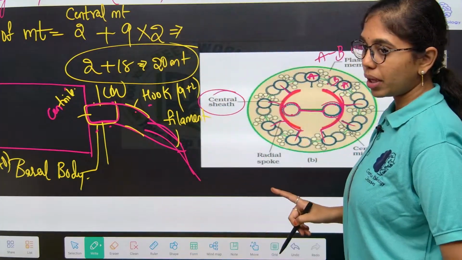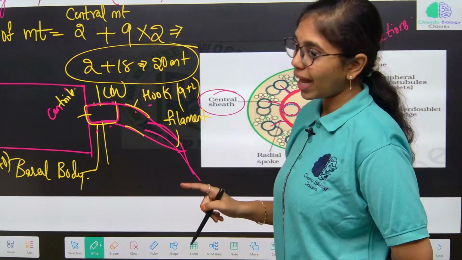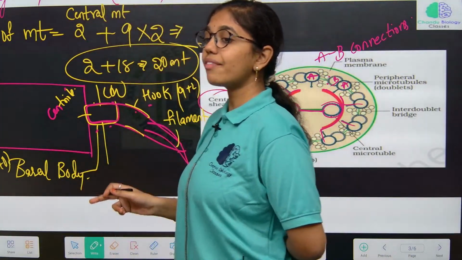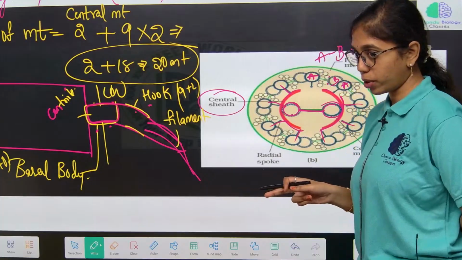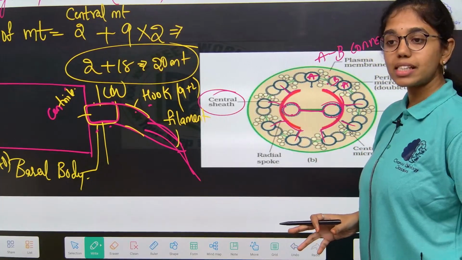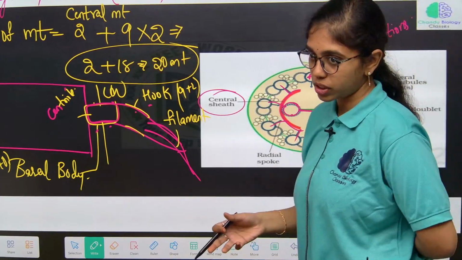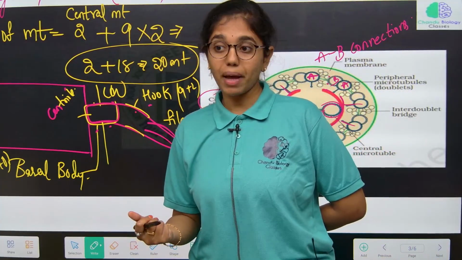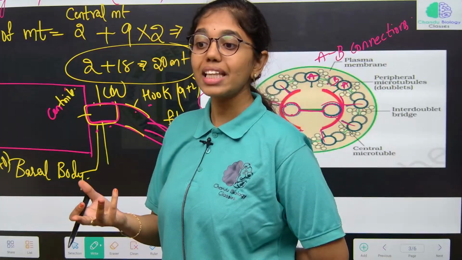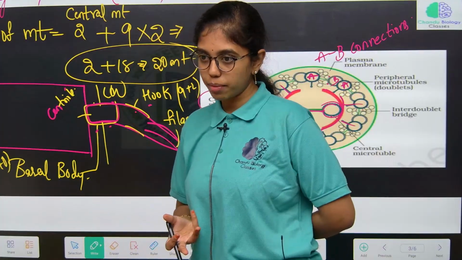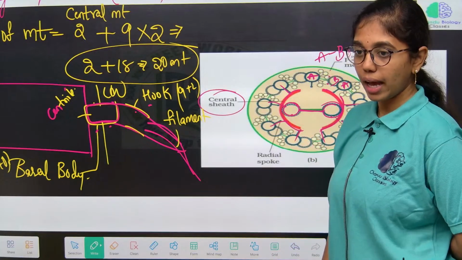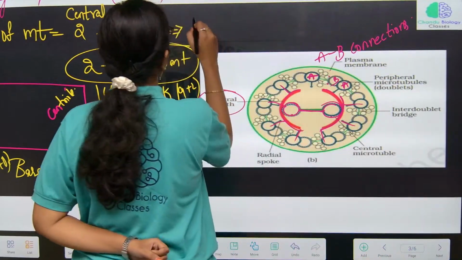Fine. Remember this. And prokaryotic flagella is made up of flagellin protein. It is having 9+0 arrangement of microtubules. Eukaryotic flagella, which is observed in some protozoans, like if you see flagellate protozoans, for example trypanosoma, euglena, these are eukaryotic unicellular bodies, right? They will be having 9+2 microtubular arrangement. So, here if you see flagella,